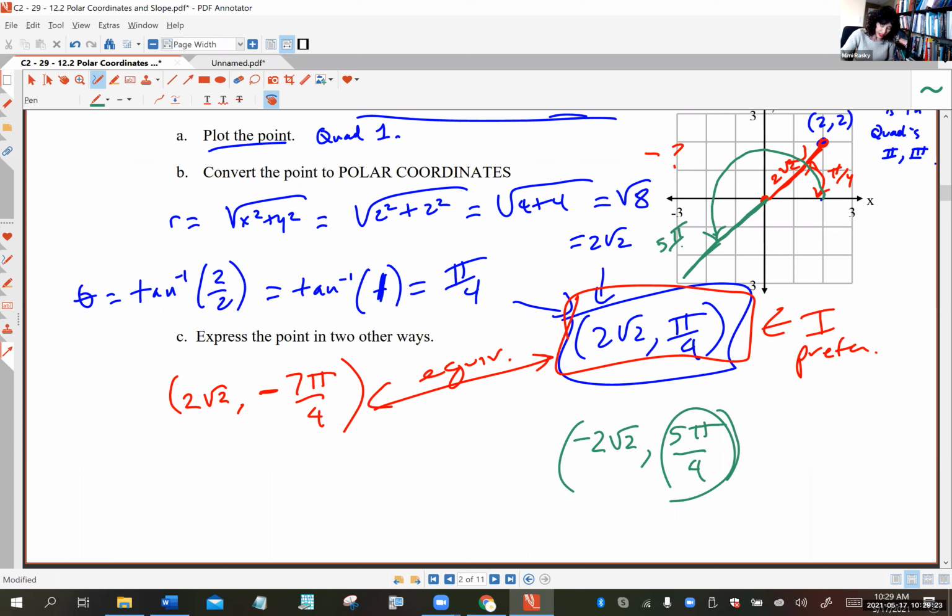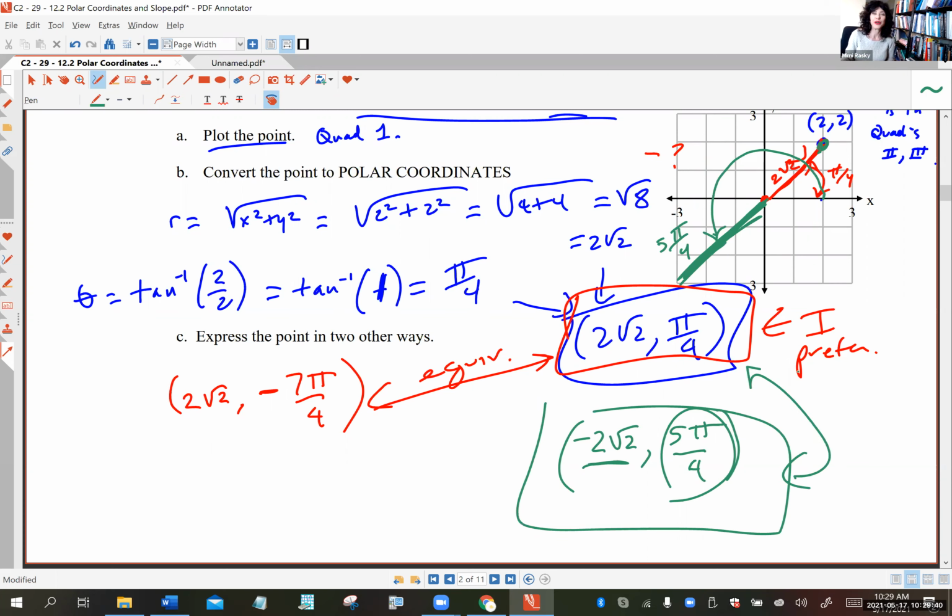5 pi fourths. So I'm on this line right here, but I need my r to go in the opposite direction, and that's why we have -2 root 2, and that gets me back to the original point. So this is also equivalent to the original, not my personal favorite because it is kind of backwards to think about it, but it is equivalent. So the point I'm trying to make, I know this may be giving you a headache